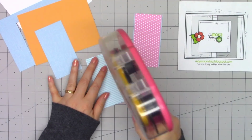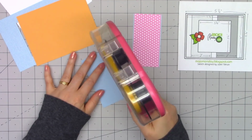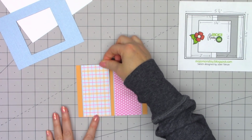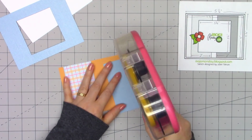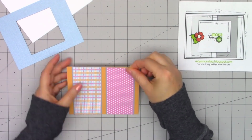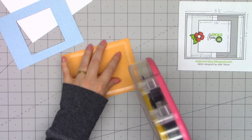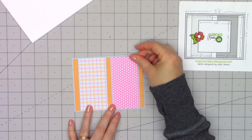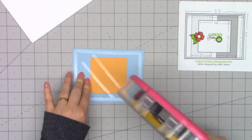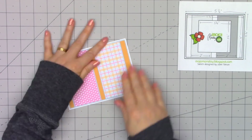So that was my goal, to make sure I have at least 10 different samples for you. I'm using some orange cardstock for the background, and then 2 different pattern papers for these 2-inch strips that go behind the square element of this card. And you can see I have a big square cut out of that layered cardstock. So this is some more of the pearlescent cardstock that's included in the kit. And I didn't have a whole lot of it, so I made sure to take advantage and cut out that